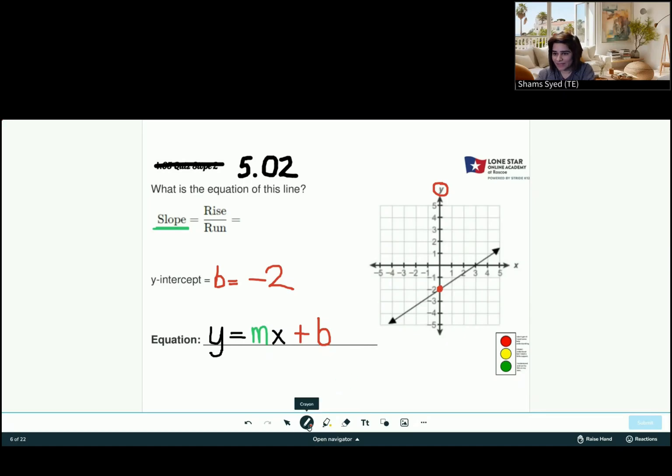Okay. Now I know my equation has a -2. B is -2, so the equation will end with a -2. The y-intercept is -2. I agree with Kayla's equation, Jack's equation, very nice. Mia's equation,